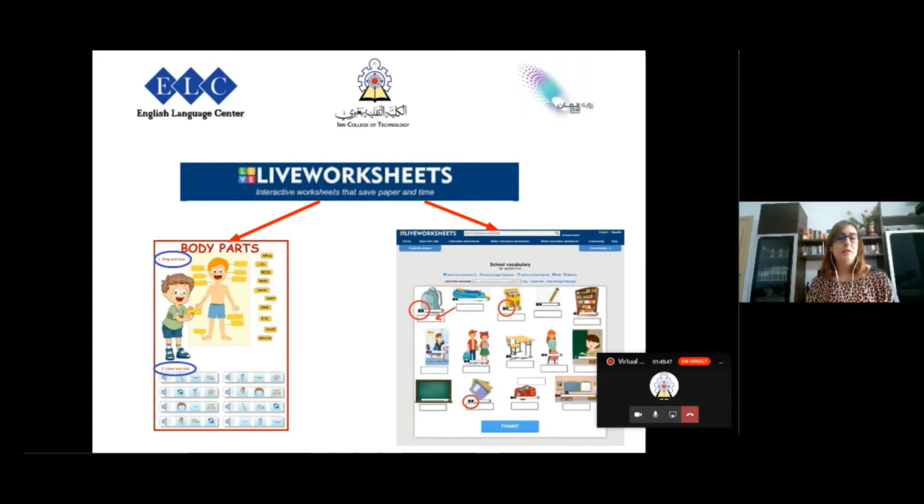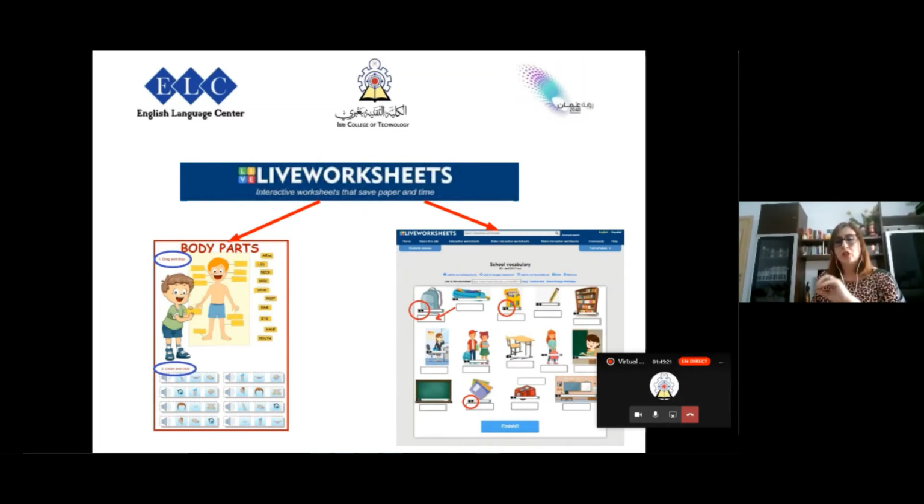And as a second activity, the learners have to listen to a word, then select the appropriate illustration for that word from the three alternatives provided. If you're not really satisfied with what is ready-made, you can create your own interactive activities, and this is really amazing. Here on the right, as you can see in my slide, I created this activity to help